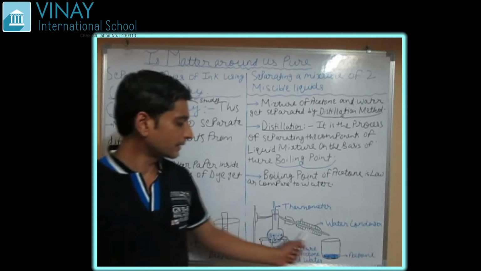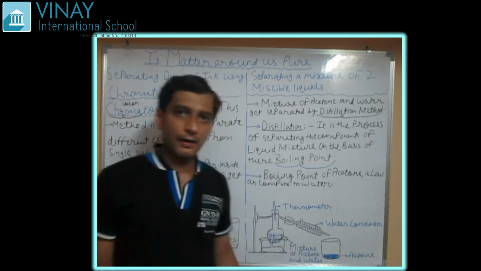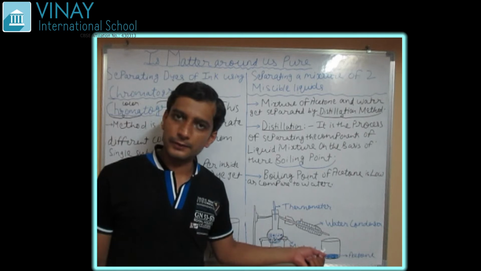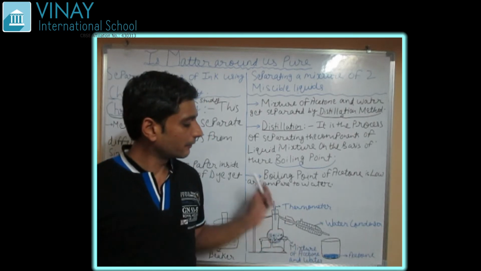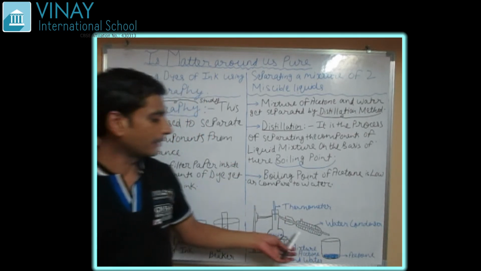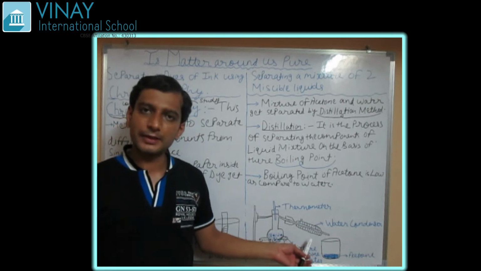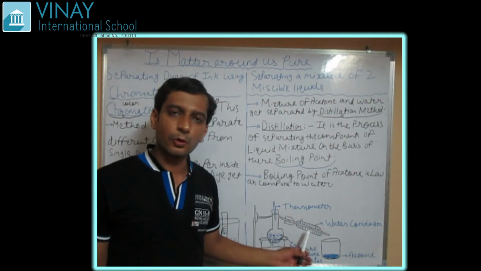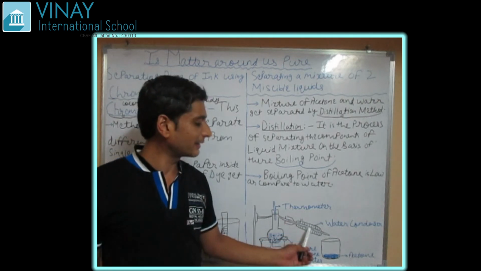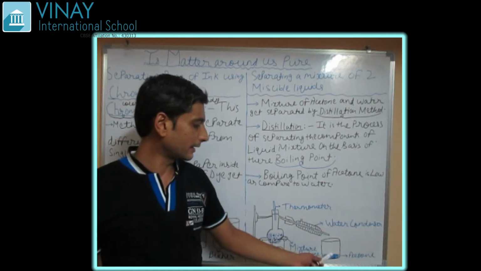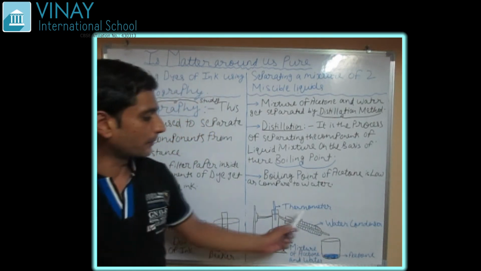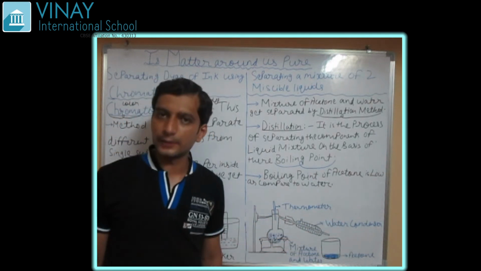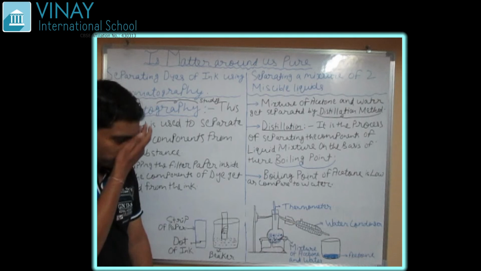Okay, now what is this setup? Actually this is a condenser. What is the role of the condenser here? Whichever gas will come out of it, this condenser will provide a water bath, or try to cool this gas whichever may pass through it. Because of this cold water, what will happen? The gas starts converting into liquid form, and we can get the liquid from here. So the main role of the condenser is to cool the gas coming out of it. Okay, so understood? Let's continue.